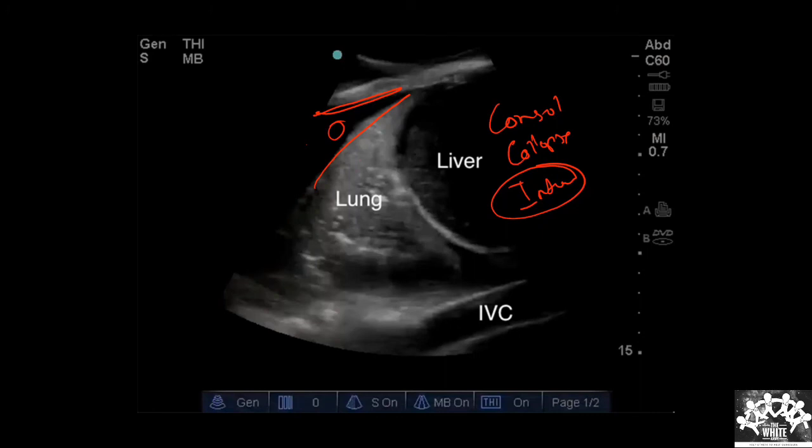Okay. Now answer this. What do you think this structure is? What do you think this area is? This is good, it is fluid. Now tell me, out of this, which is excluded? Out of our options, which one did we exclude? Where is the fluid? What is the diagnosis? If you see fluid here, what is it called?